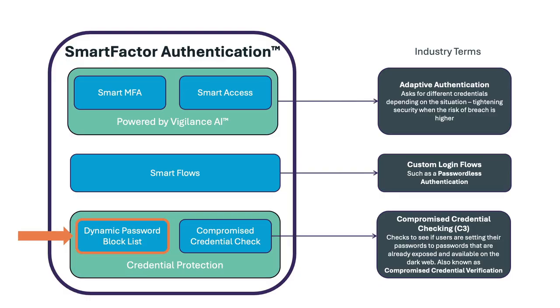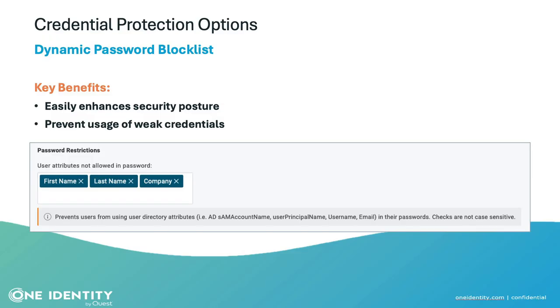First, the dynamic password block list can be configured to prevent users from using user directory attributes in their passwords. This helps organizations easily enhance their security posture by preventing the usage of weak or easily guessed credentials. For example, in the security policy here, the usage of first name, last name, and company name in a user's password are restricted. In fact, any user attribute can be added to the dynamic password block list, even custom user